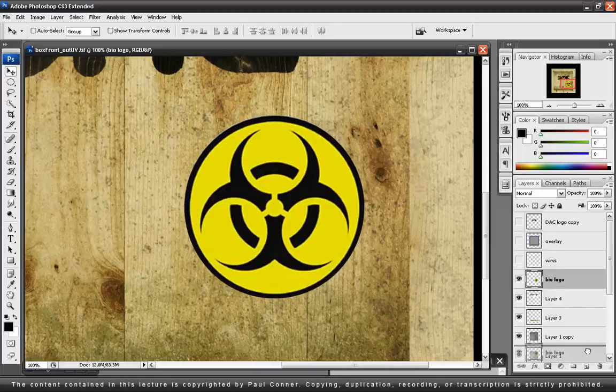Now, I'm going to go ahead and dupe this layer just so I have a copy of it. And on our bio logo, now what we want to do is start to strip some of this away. So what we need to do is find something that we can use to strip it away that looks like that specific pattern. So what I have,